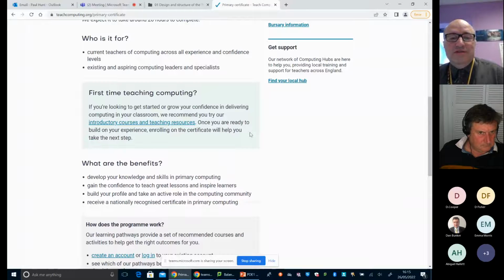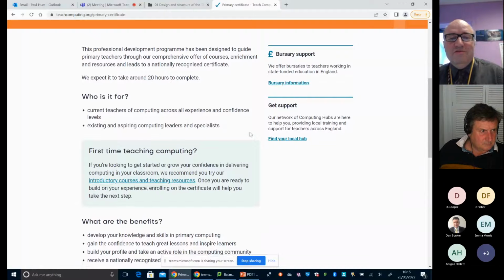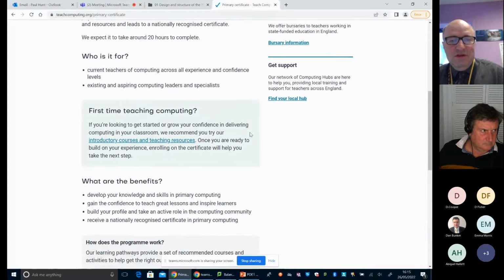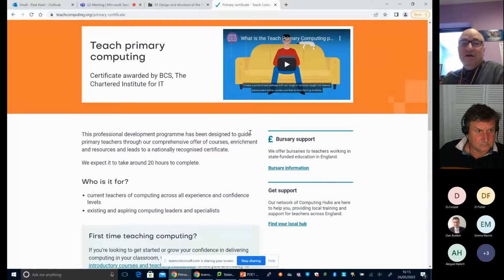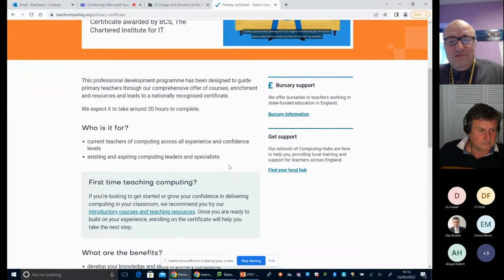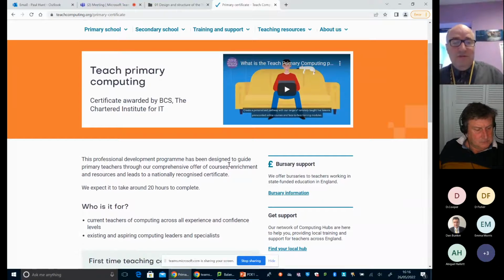I don't want to patronize anybody and say that you don't know how to do any of this, but there are a lot of people out there who this has sort of landed on their desk and they're panicking a bit and don't quite know what to do. So this has been put together by the BCS and the NCCE to help everybody and get everyone feeling confident and at home with the primary curriculum. So if anyone's interested in that, you can contact me and I will set up a meeting for you and get the ball rolling on getting you enrolled onto this and getting some help for you.